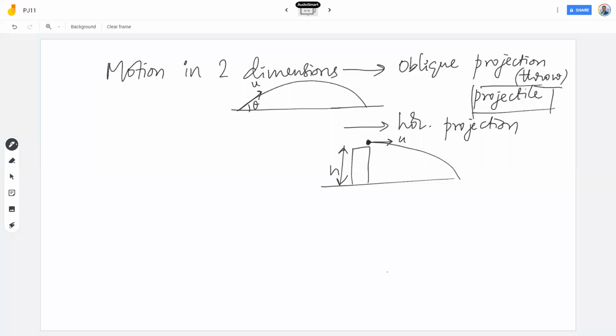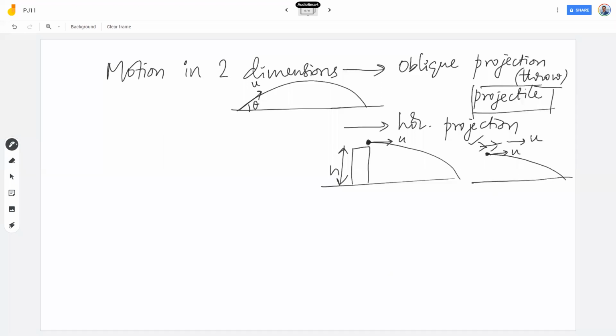Or maybe there is an aeroplane that drops a food packet. Aeroplane that is moving forward, it drops a food packet. When it is a dropped object, a dropped object always starts with 0 velocity with respect to the dropper, is it not? So if the aeroplane had a velocity u at that moment, then this package also starts with a velocity u horizontally. It will also fall like this. We'll discuss all those things in the next class.